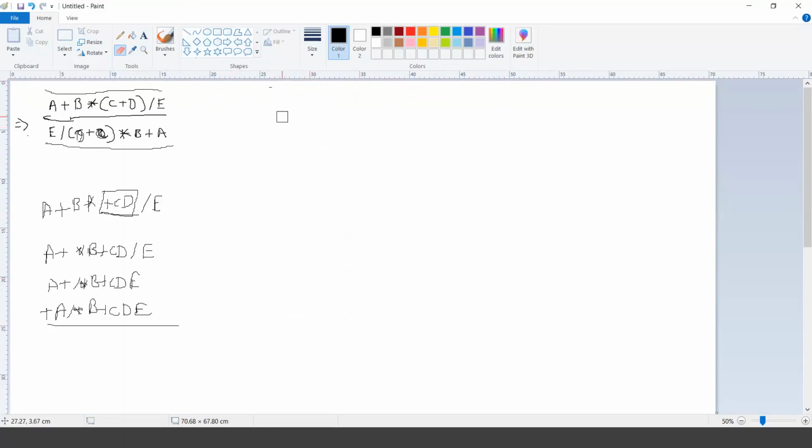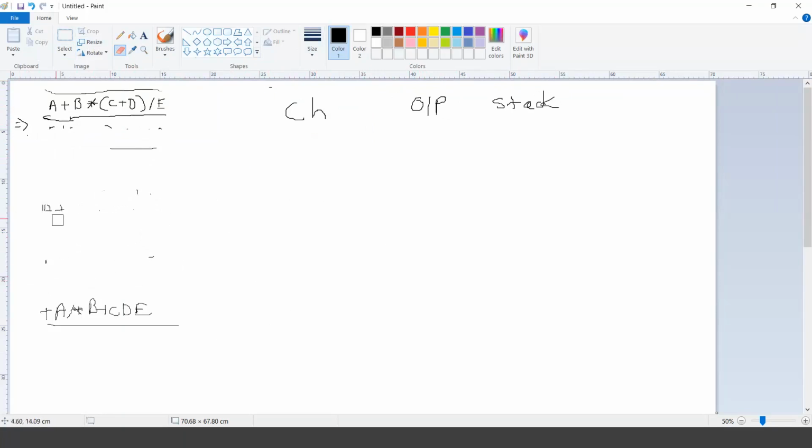So let me start again. Let's write the character, then the output, and then the stack. This is my input and I have to reverse it.